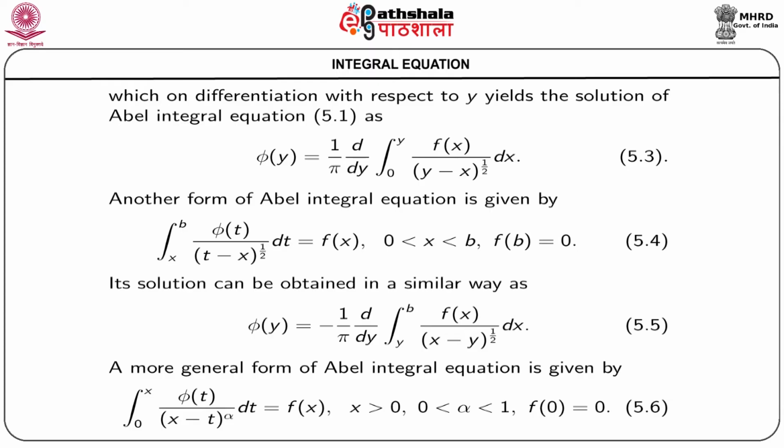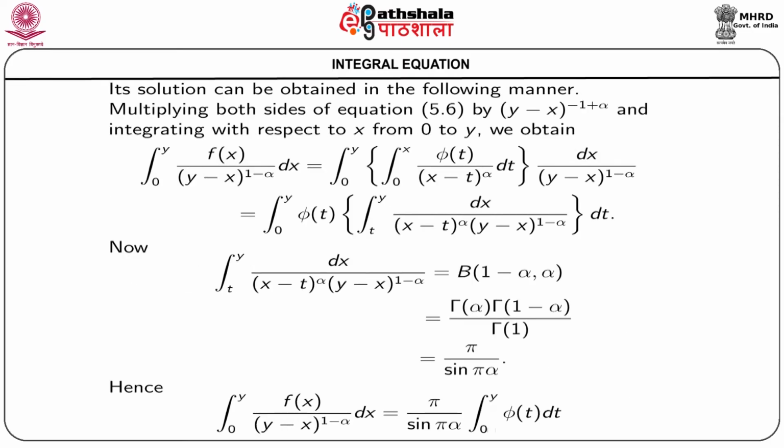For this, we multiply both sides of this equation, that is equation 5.6, by the function y minus x to the power alpha minus 1 and integrate with respect to x from 0 to y. We obtain integral 0 to y fx